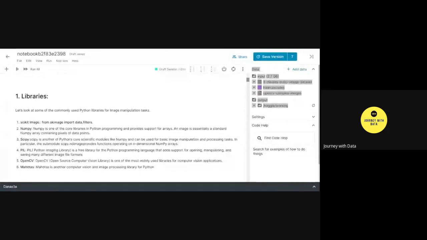Anybody who does not even have a background of Python can go ahead and learn this. So that's a very basic and handy library for data manipulation tasks.